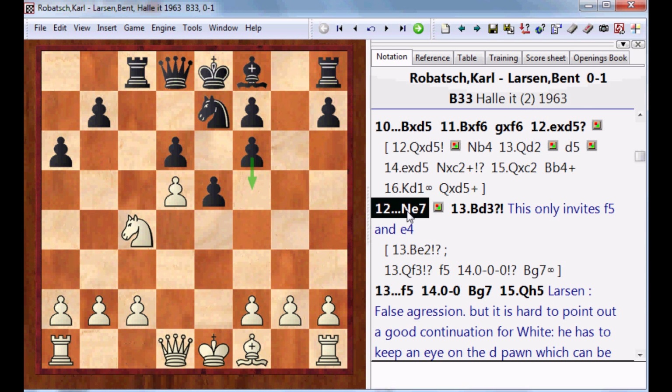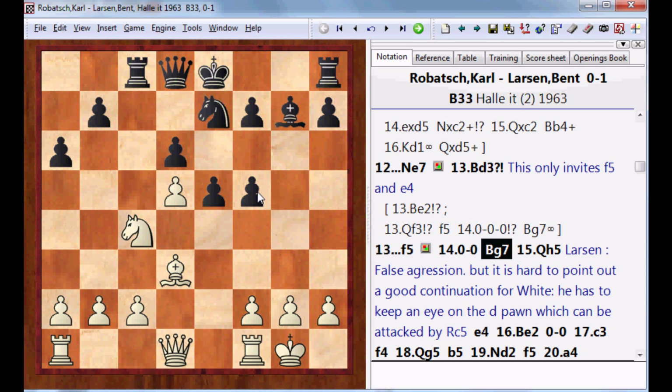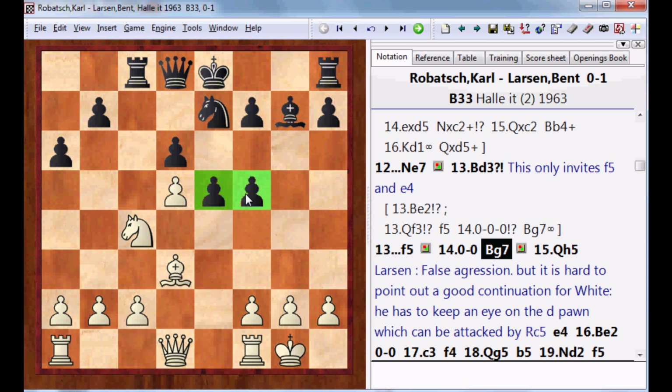After bishop to d3, Black played f5, and these pawns will become a permanent strength for Black. White castled. Black also prepared development of his king side. Now, White has to challenge these pawns somehow, and he also has to worry about the defense of this pawn on d5. Right now, it's a little bit dangerous for Black to capture it, because if the bishop retreats,